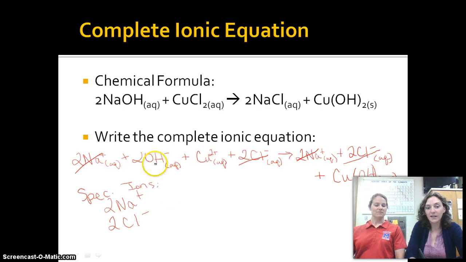Do we need to put the positive first, or do you care if they put the negative first? I usually put the positive first. I do too. We're just kind of nitpicky. If you haven't noticed, chemistry and chemists, we like attention to detail. Positive would come first. It's only natural. So we write down anything that we haven't canceled out on both sides. So we've got our copper ion, we've got our 2 hydroxide ions, and then what's